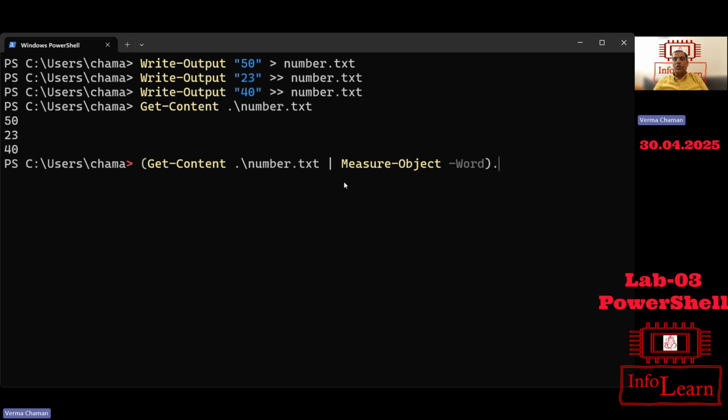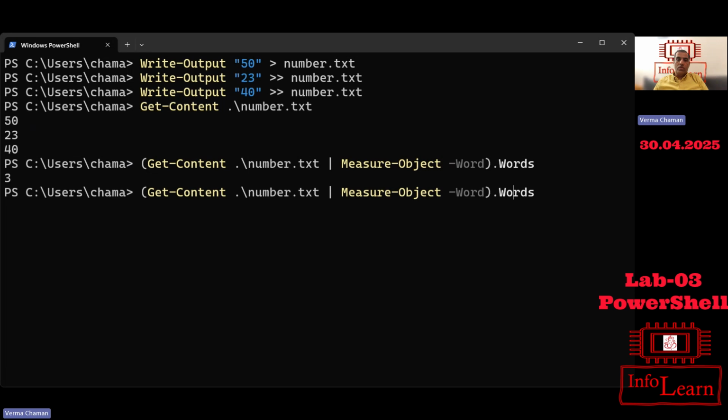After putting the bracket you can use the dot, the access operator, then you can use the property. For example, Words. So this is the parameter and this is the property, and you will see here